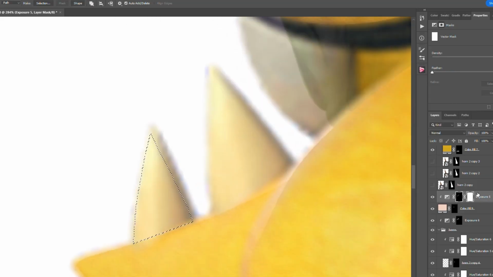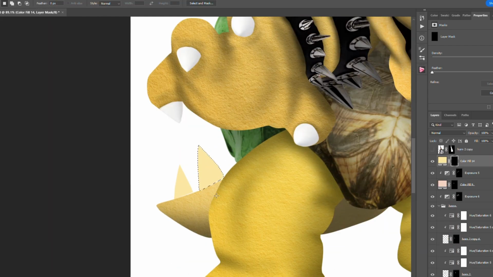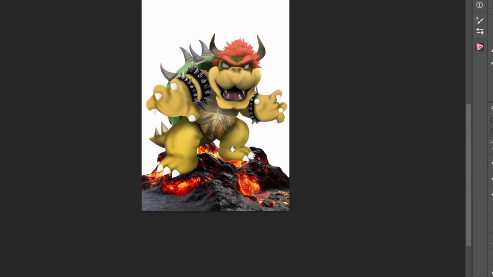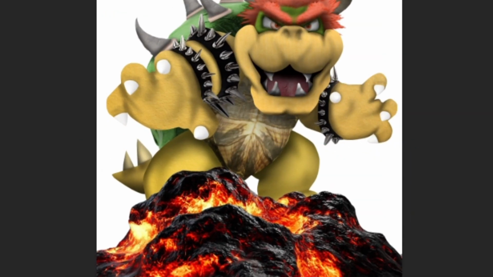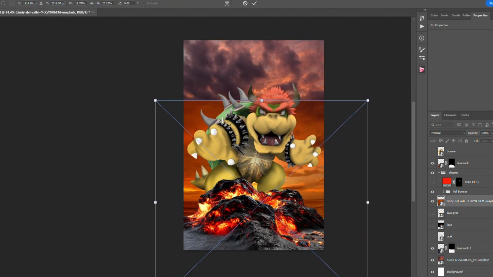masked it out a little bit, and started masking out those tail spikes, which after doing that and adding a couple more shadows in, I figured it was time to add in a background. So I masked out this rock right here. I made Bowser stand behind it, just like this. It's pretty easy. And then we're going to mask out another rock and put in two skies, mask them together